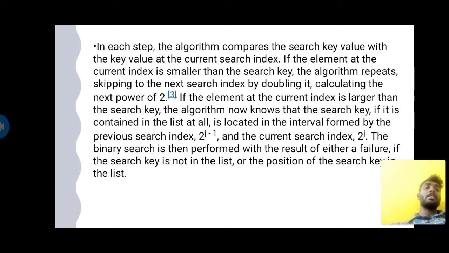If the element at the current index is larger than the search key, the algorithm now knows that the search key, if it is contained in the list at all, is located in the interval formed by the previous search index 2^(j-1) and the current search index 2^j. The binary search is then performed, with the result of either a failure, if the search key is not in the list, or the position of the search key in the list.